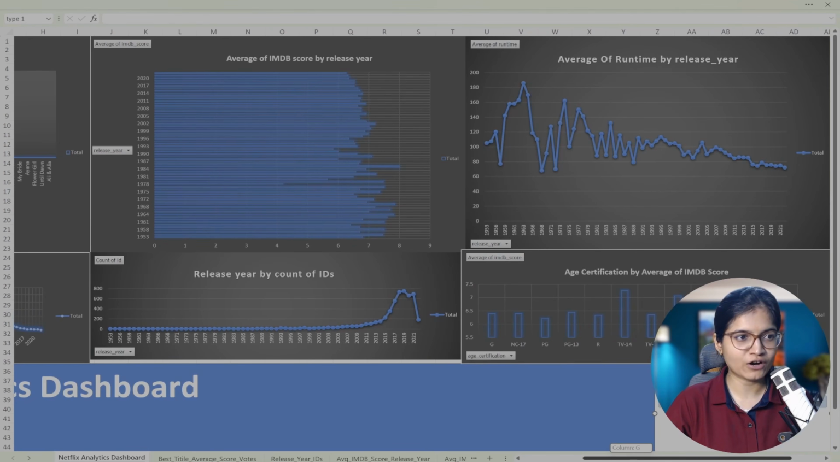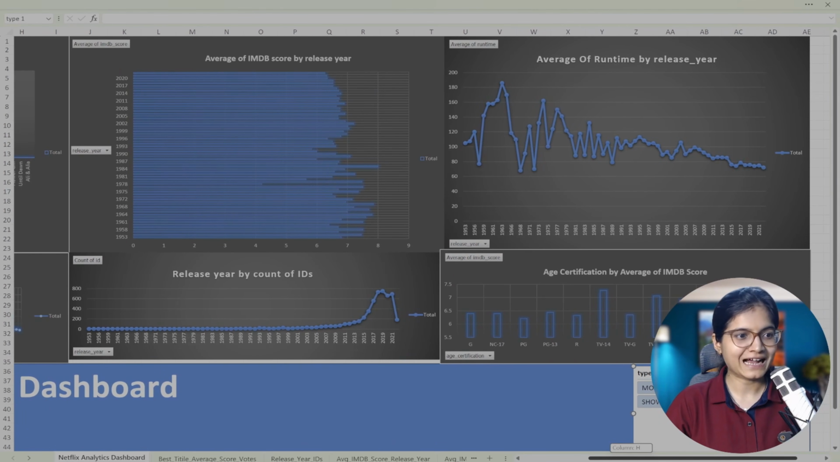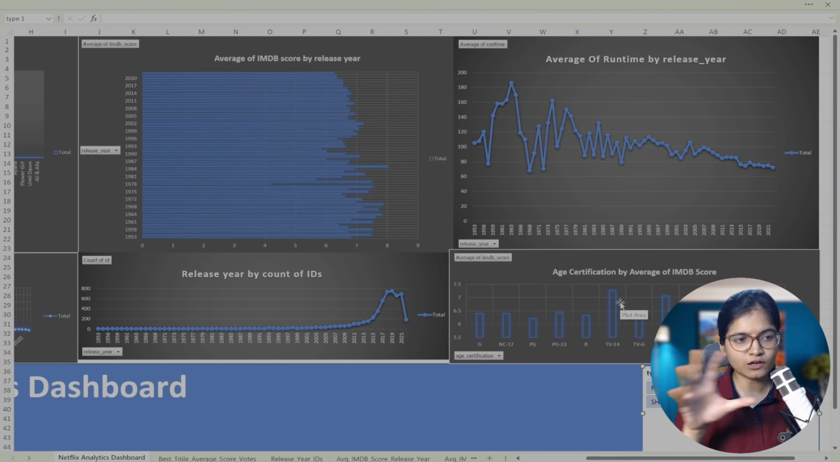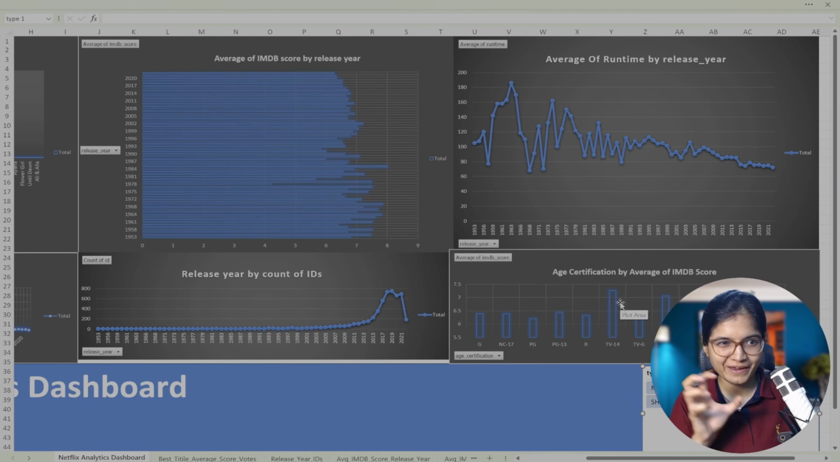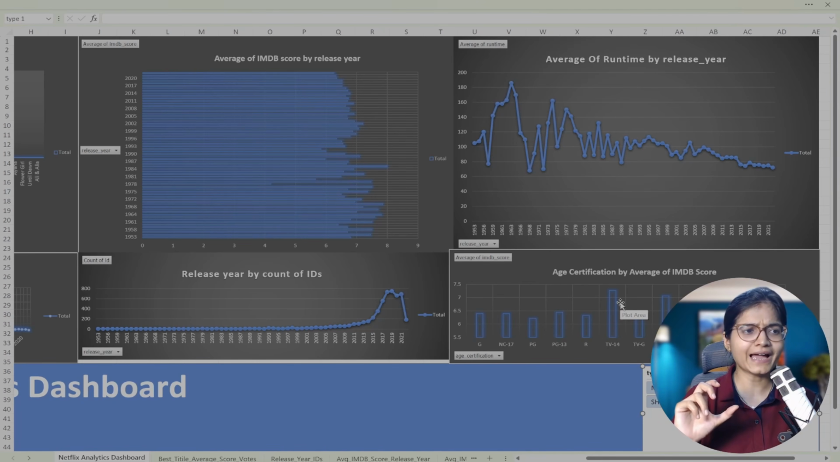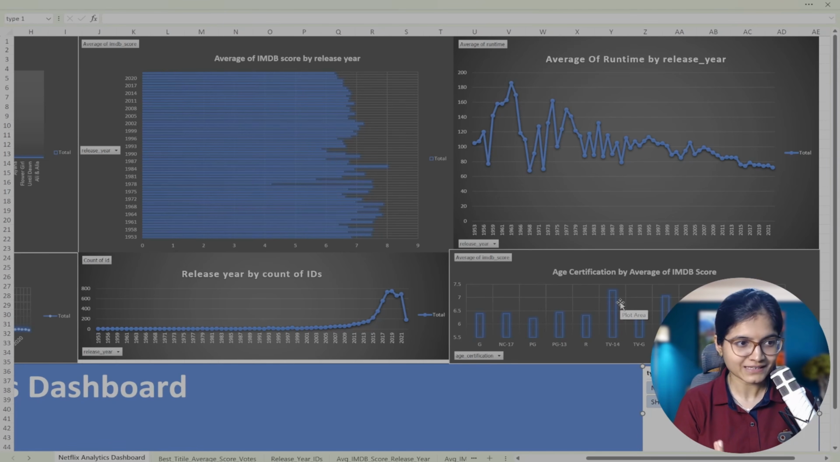Then we have the average of runtime by release year, and the certification plot where we figured out that the maximum scores are from TV. And when we talk about TV individually, TV-14 has given the maximum average IMDb score values. So all of these things we have just copied, pasted and uploaded in our dashboard itself. Again, you can format it as per your understanding,